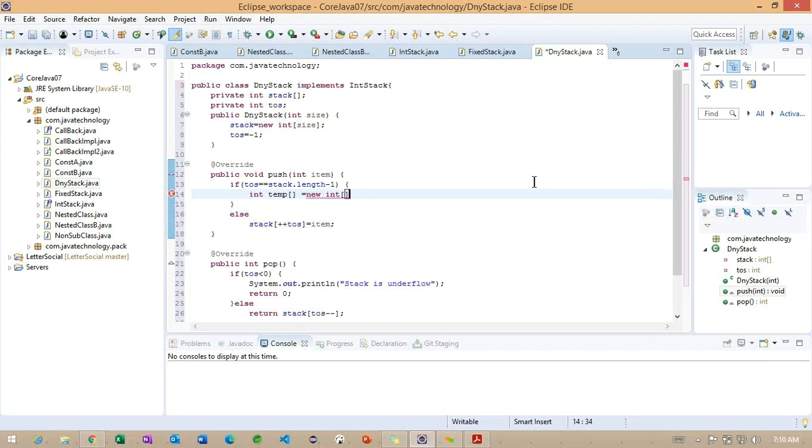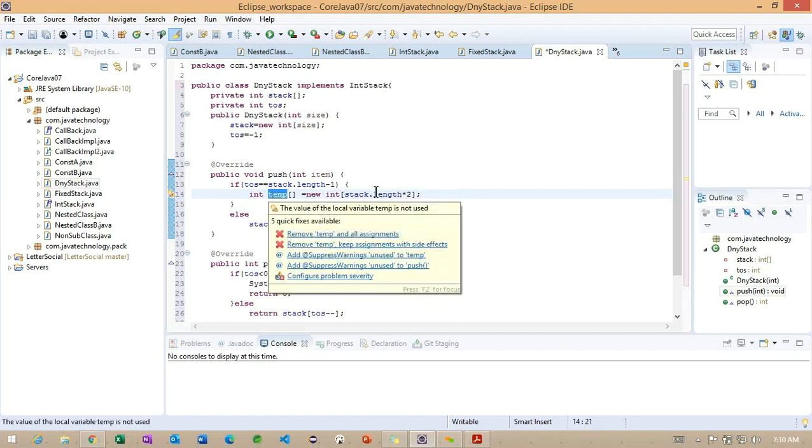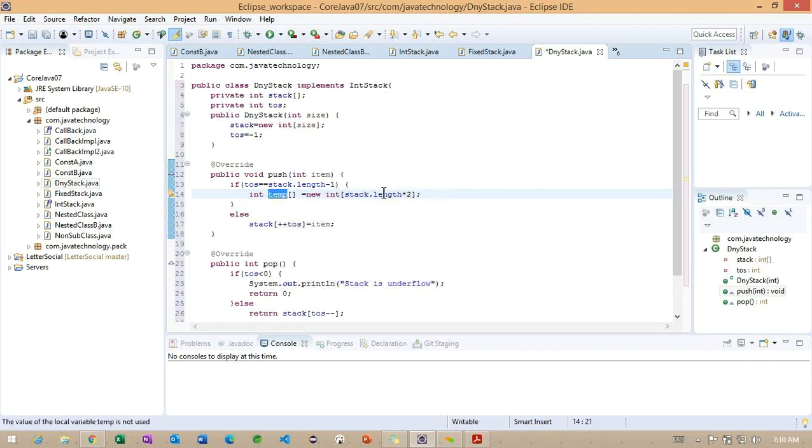Carefully observe, I'm using the length of the previous stack and multiplying it by 2, so this temp is created with double the size.